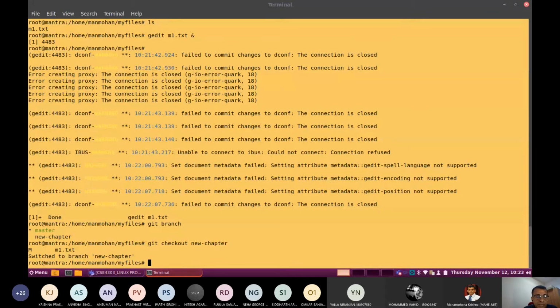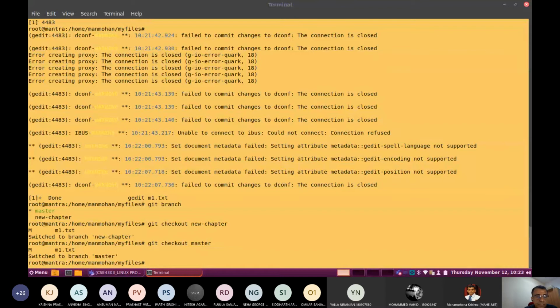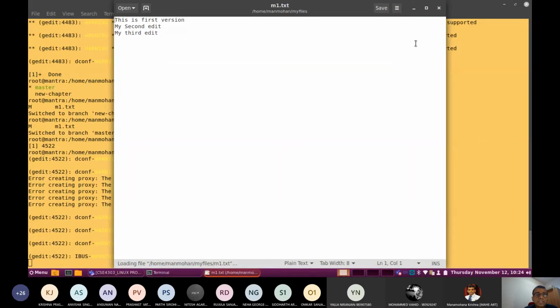And here also we have not committed the changes. Again, if I want to come back to the main branch, checkout master. Again, now I am in the master branch. Let me look into my edited file with gedit, the previous content. The content is available here, but it is not committed. Remember, this is not committed. If you modify and want to reflect it in other Git repositories, you need to commit the contents.